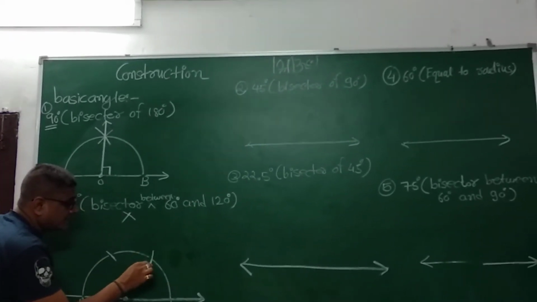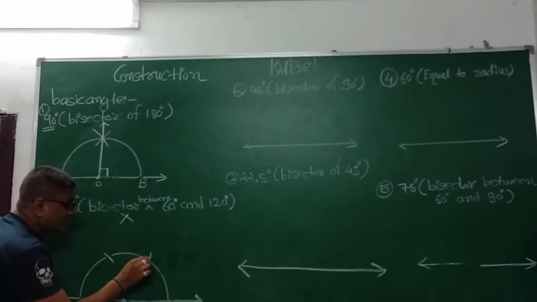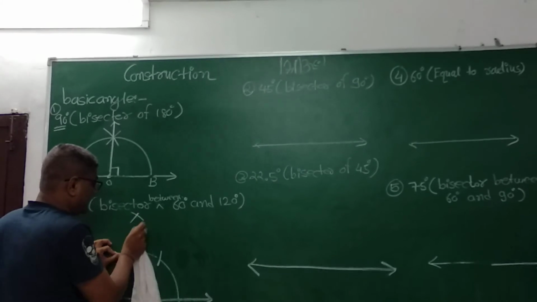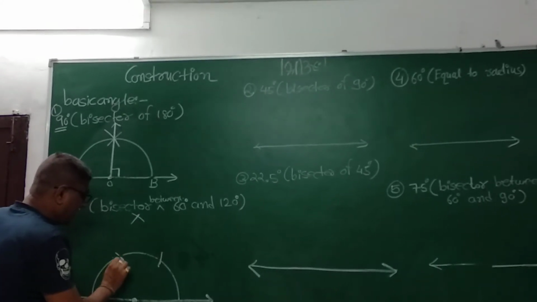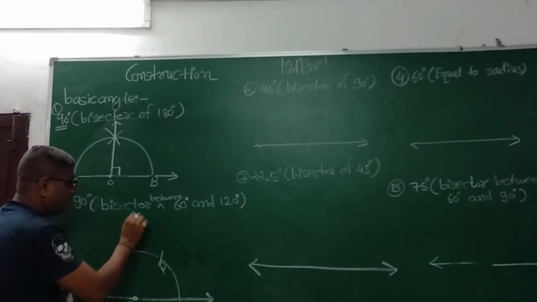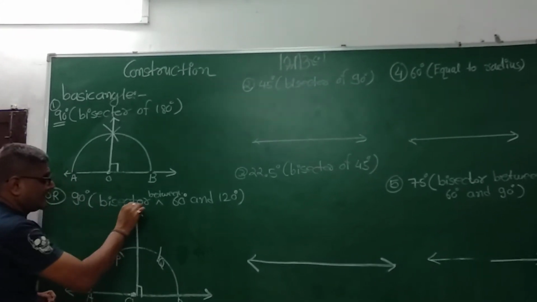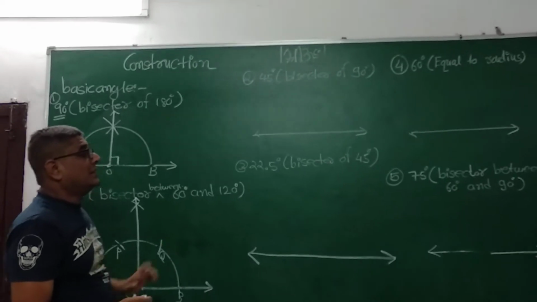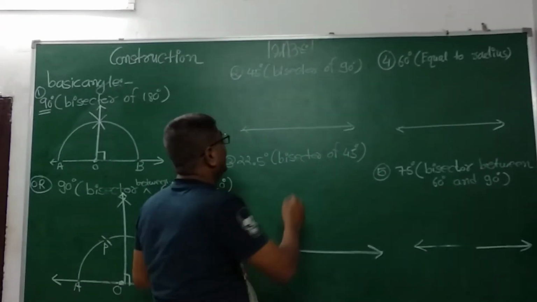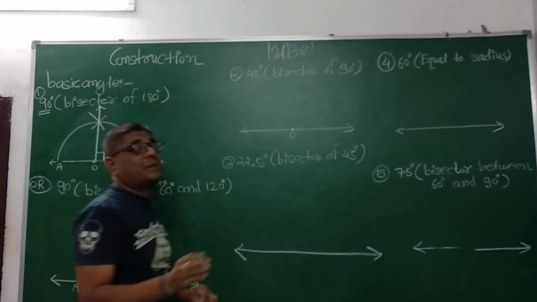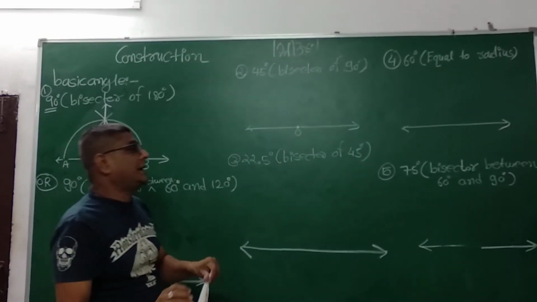If you take 60 degree here, then it is 60, and 60 plus 60 is 120, and we take the bisector from this point and this point, that is P and Q. From P and Q we draw bisectors and we join it here. So this becomes exactly 90 degree. Now how do we draw 45 degree? So 45 is the half of 90 degree and double of 45 is 90 degree.